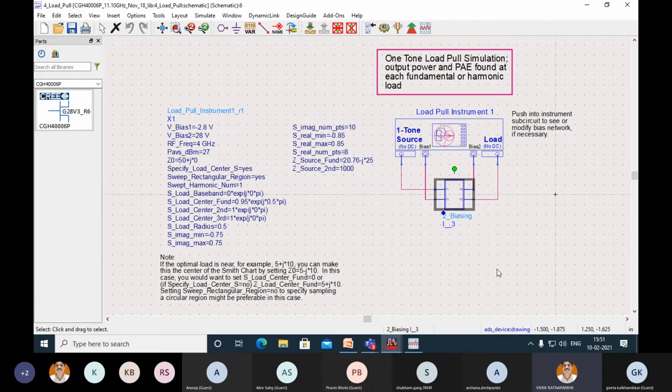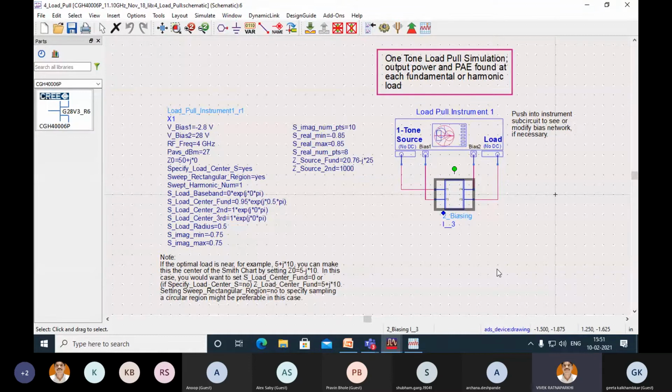Even you can go for a bias sweep. That is why, since the start of our training, I was trying to tell you that amplifier design, or rather power amplifier design, is a very challenging kind of exercise, because a lot of things are involved. You can change the bias voltage, you can change the temperature of operation, you can change the impedance values which you offer to your transistor on the source and load side, and a lot of things can happen.